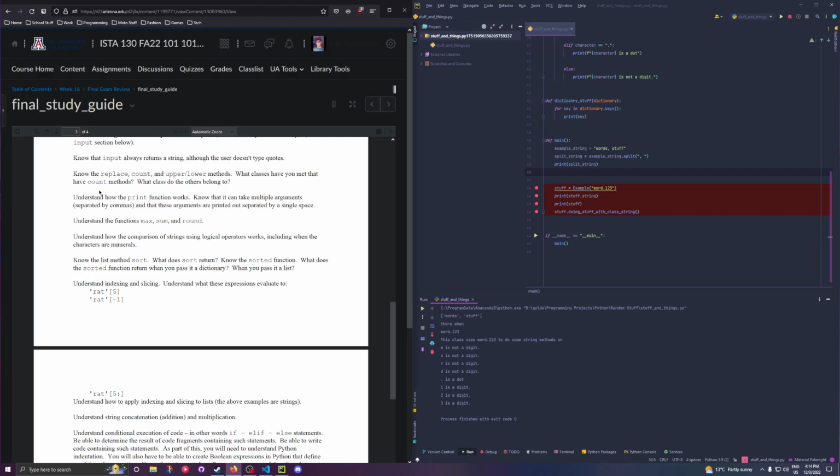So replace, okay, print. Understand how the print function works. You can put as many arguments in the print function as you want. I think there actually is a literal limit, but I think it's in the thousands. If you're ever printing that many things and not using a list or something, you should probably ask yourself why you're doing that. But you could say this